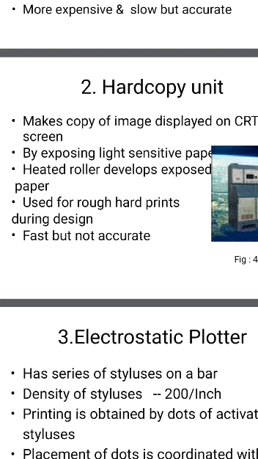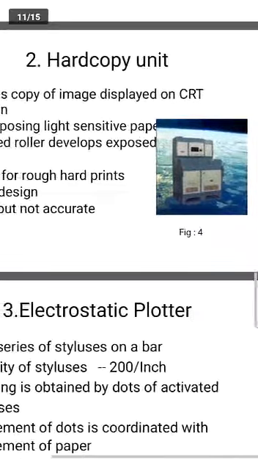So in this picture, what are the parts we can see? The hard copy system is there, lab system, CPU. This hard copy unit will also have a dry silver copier from where the paper comes out, light sensitive paper, a knob, and a button to operate. So these are the parts of that hard copy unit.